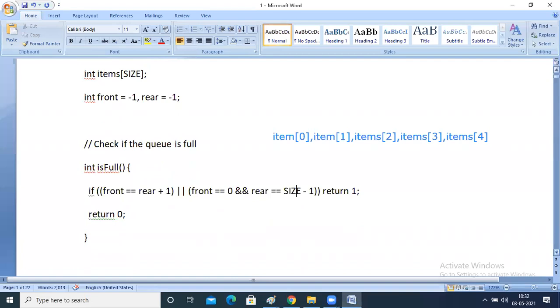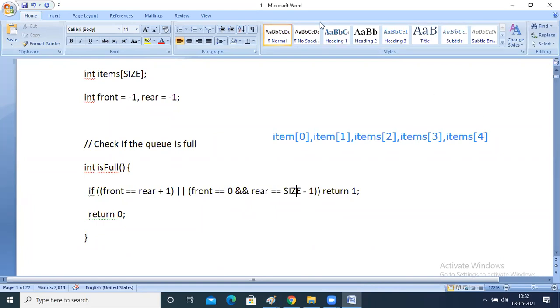See here, is full if front is equal to rear plus 1, as in the previous example you have seen, or front is equal to 0 and rear is equal to size -1.